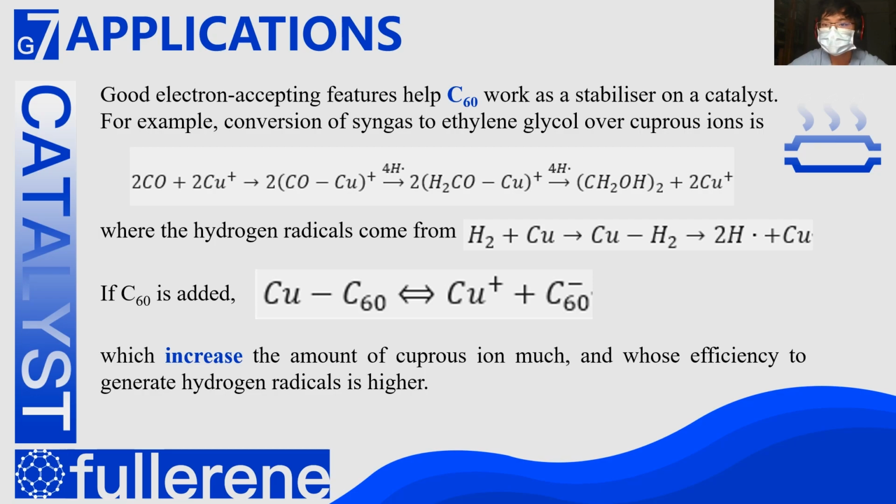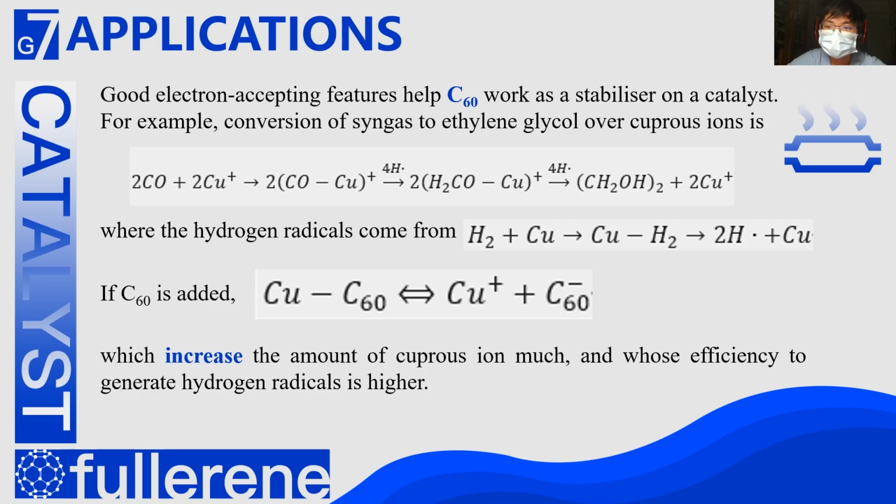copper catalyst and requires a pressure of about 20 atm and above, because it's somewhat difficult to make the copper atoms and the cuprous ions coexist. It's somewhat expensive, but if we add some carbon-60, the complex of the carbon-60 and the copper